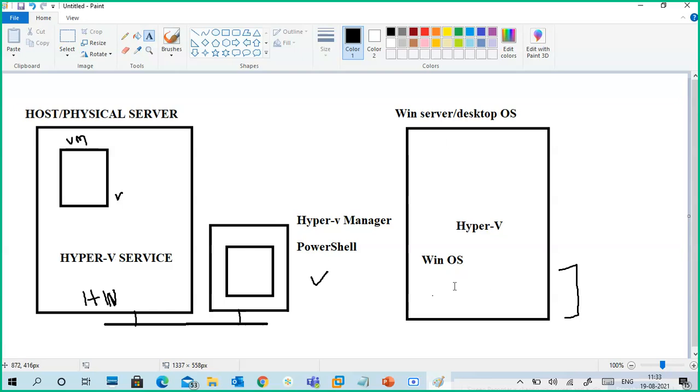For multiple services we can use a server. But generally, we don't use Windows servers for